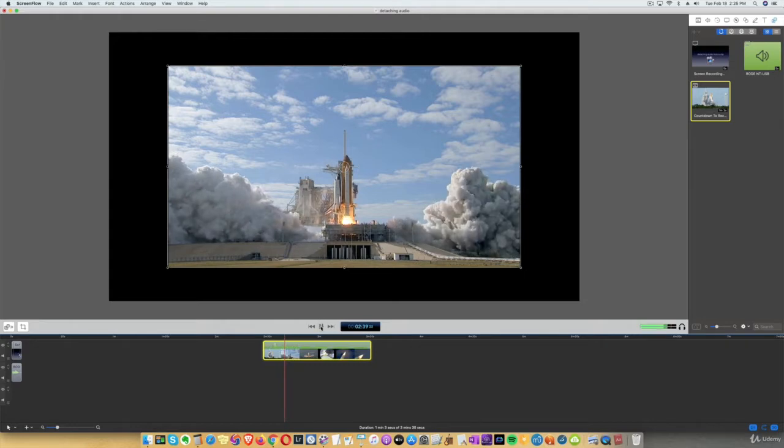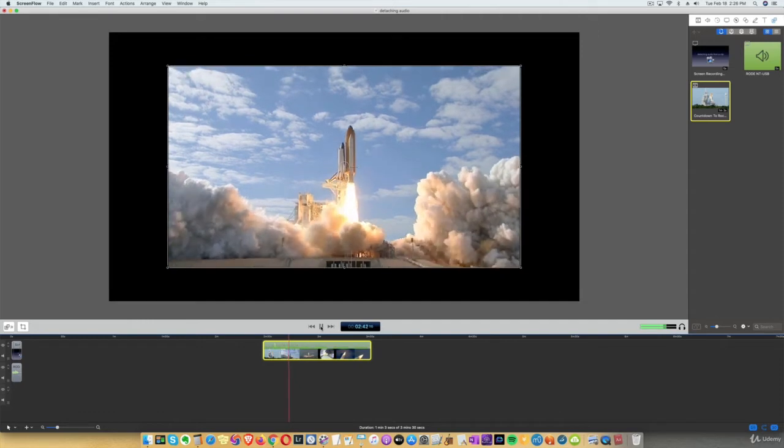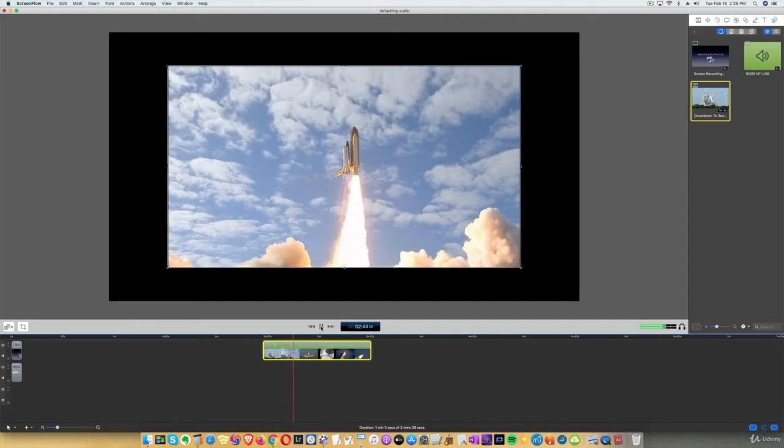Liftoff of Space Shuttle Atlantis on a mission to build, resupply, and to do research on